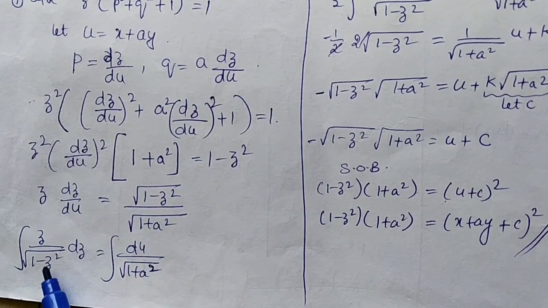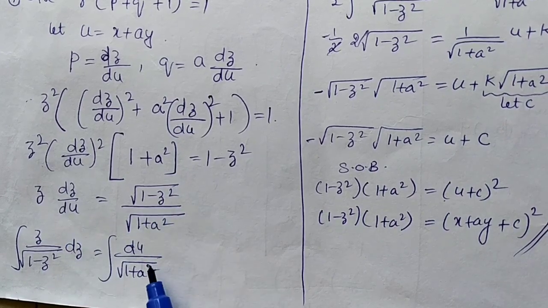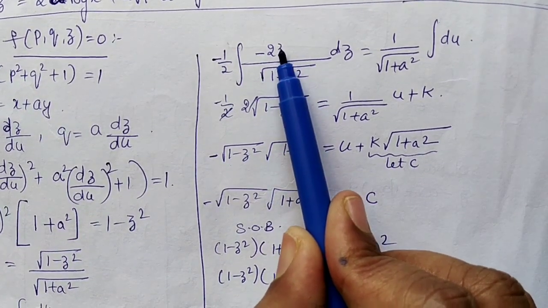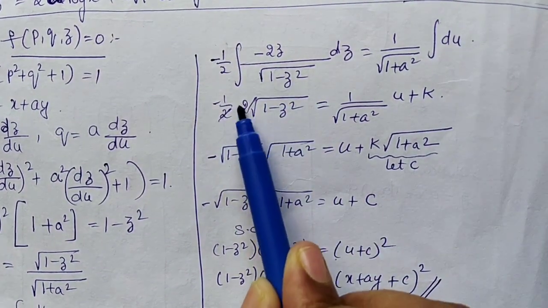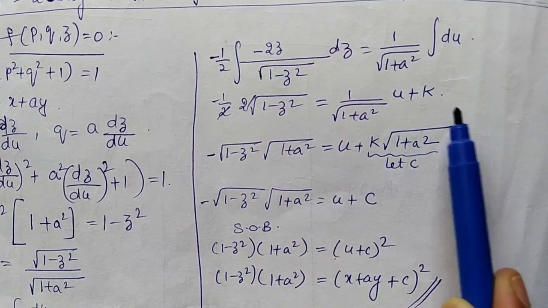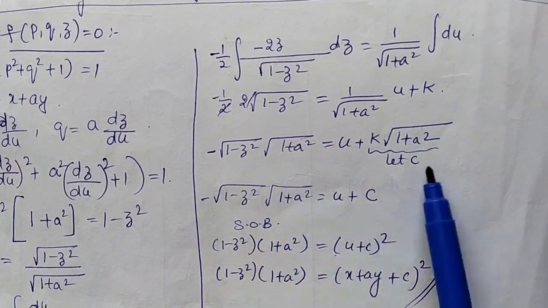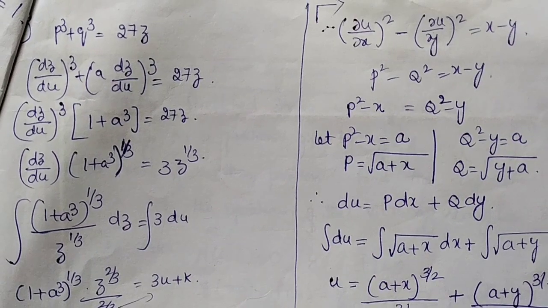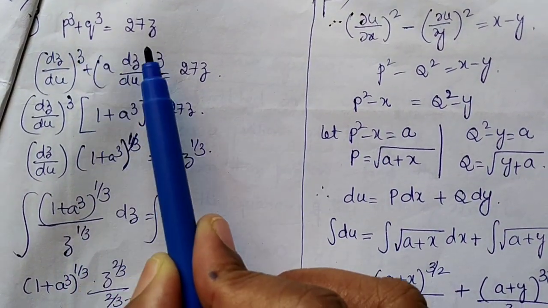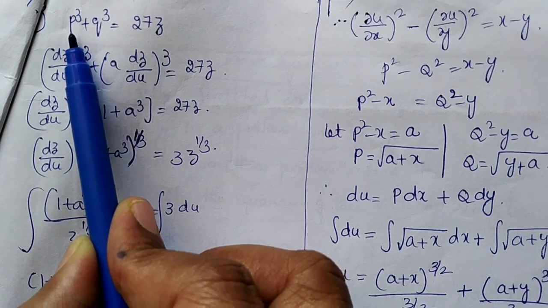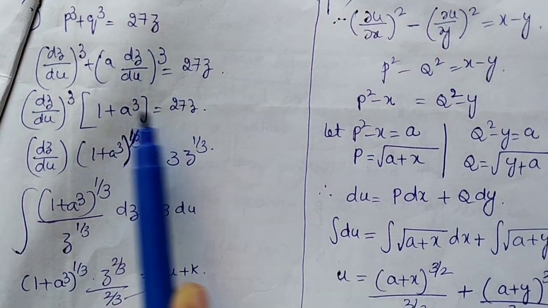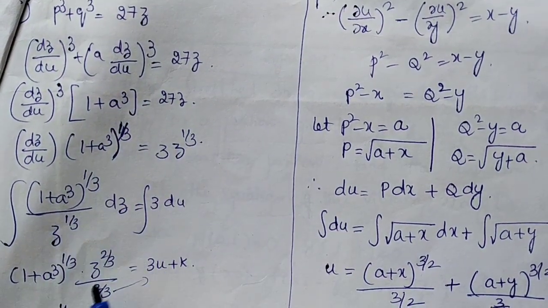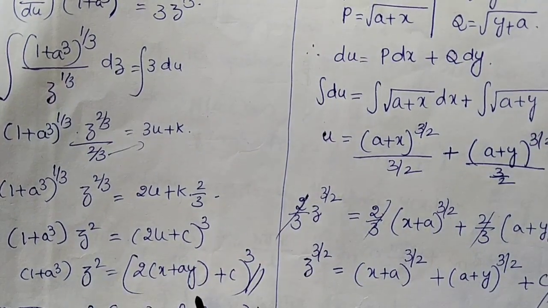So this z and dz is one side and u one side you send, and integrate it like this. F dash of z by square root of f of z formula, that means 2 root f of z formula apply, and constant you take as k and simplify. You will get, squaring on both the sides, the answer. One more example in type 2: pq plus qp equals 27z. So this is in the form p comma q comma z, so it belongs to type 2. So p means dz by du, q means a into dz by du, substitute, apply variable separable method and integrate it. That's it, type 2.